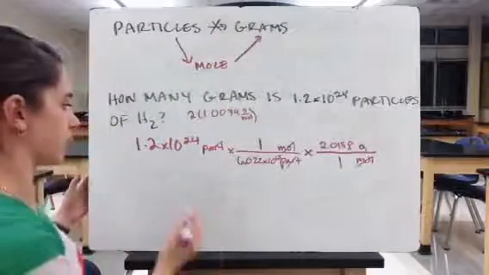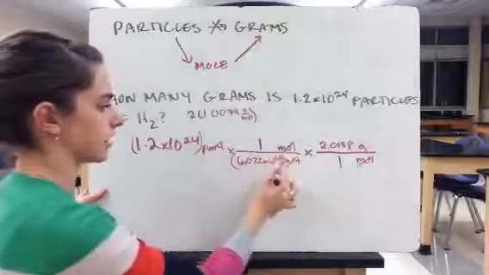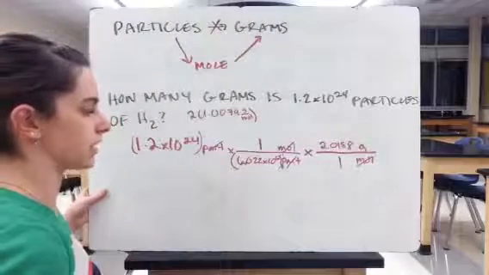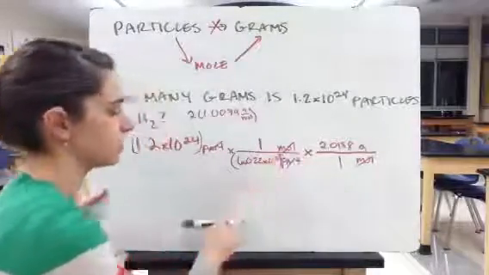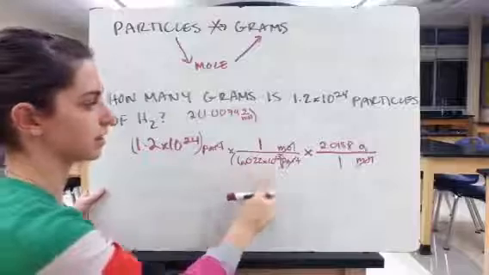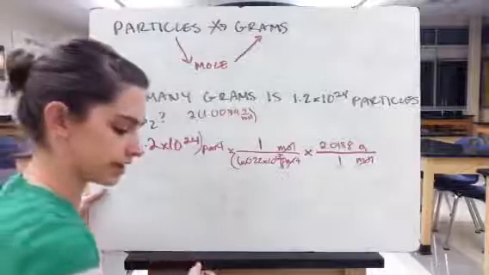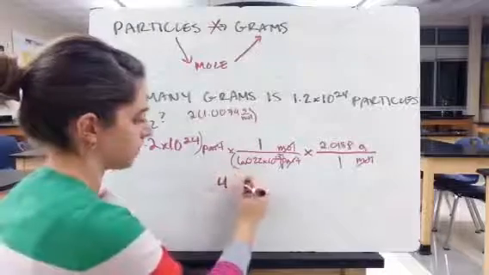Now again, we're back to math. 1.2 times 10 to the 24th divided by 6.022 times 10 to the 23rd. That's a 3. Make sure that you're making your calculator follow order of operations, and then times 2.0158, and we get 4.02